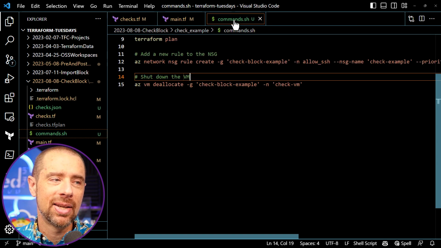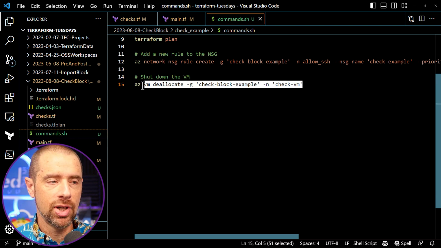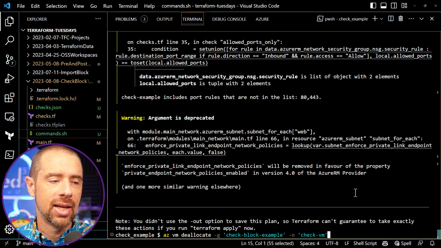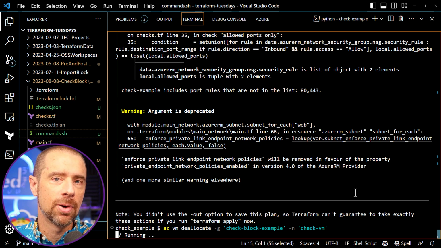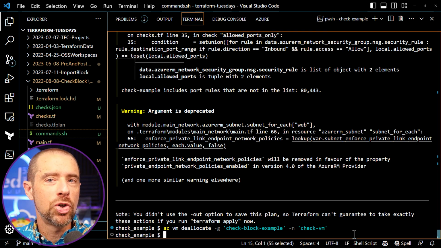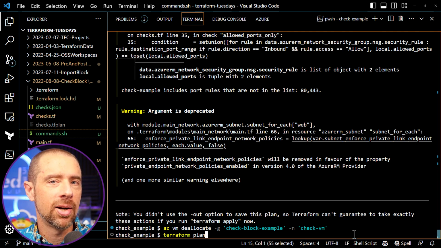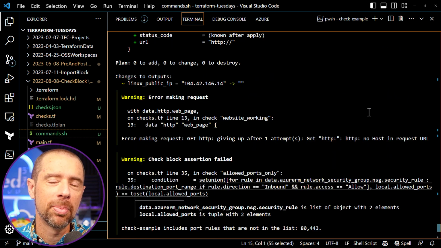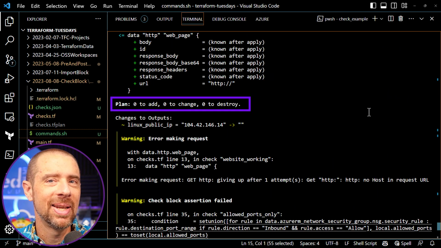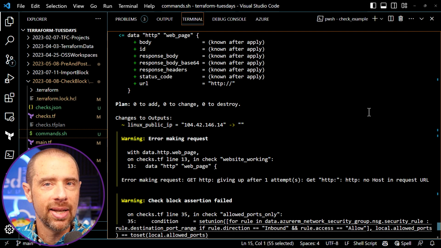I'll grab the command here to deallocate the virtual machine and run the command down here. It'll take a few moments to deallocate, and then we'll run a Terraform plan to see what happens. Now that the virtual machine has been deallocated, I'll kick off a Terraform plan and we'll see what the results look like from that plan. Now that the plan has completed, let's scroll up a little bit, and interestingly, the plan says no changes. That's because Terraform doesn't care if the virtual machine is powered on or not, just that it exists as configured